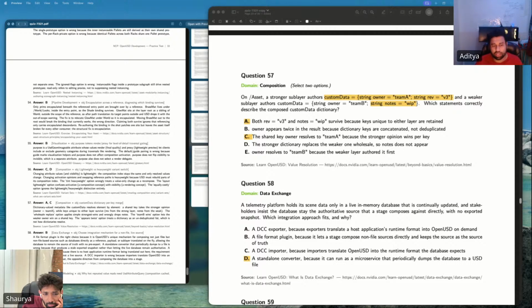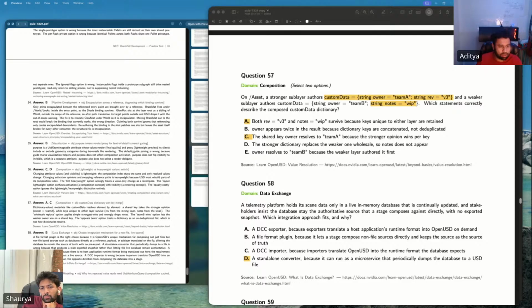What does authoritative source mean over here? Authoritative source: one system whose data is treated as the canonical or correct version that everyone must read from.